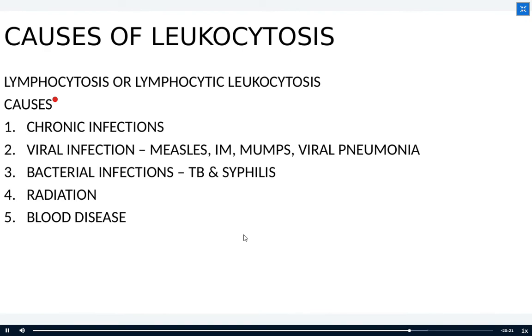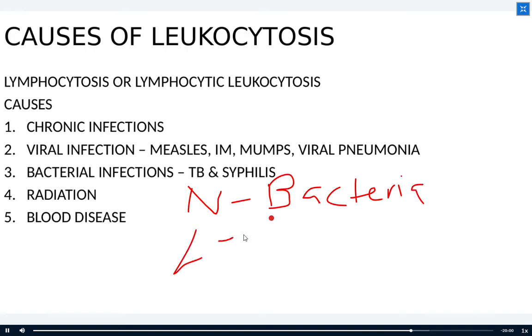Then causes of lymphocytosis: chronic infections. There are viral infections such as measles, IM, mumps, viral pneumonia. Basta tandaan nyo tong keywords na to. Your neutrophils would usually be used in fighting bacteria. Your lymphocytes would commonly be used in fighting viruses. Your eosinophil would usually be for allergies